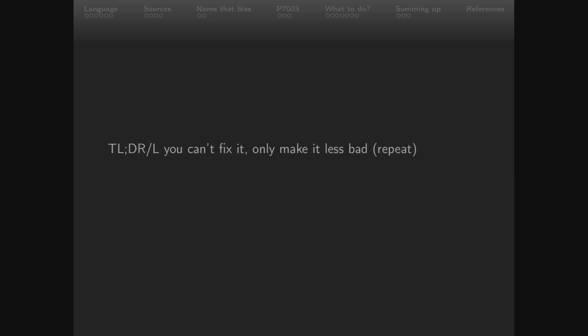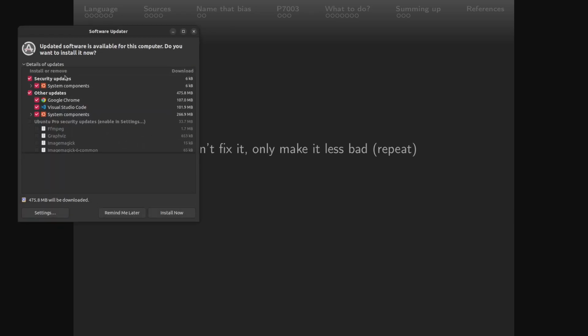So if you want to go back to sleep, then the short answer is you can't fix it. You can only make it less bad, and that's actually not going to change throughout the lifetime of the system, because it's a continuing problem. It's a moving bug. It's one that you can't just fix and say, oh right, done that, move on to something else, but rather,